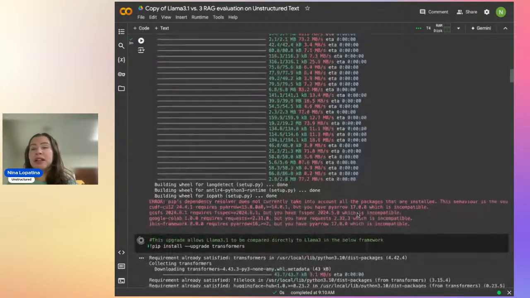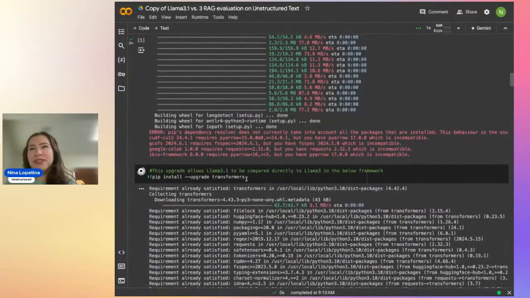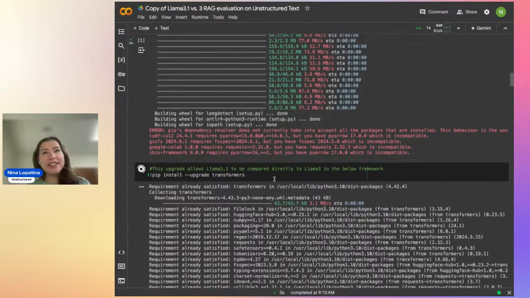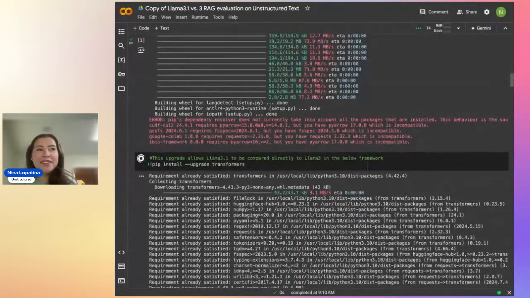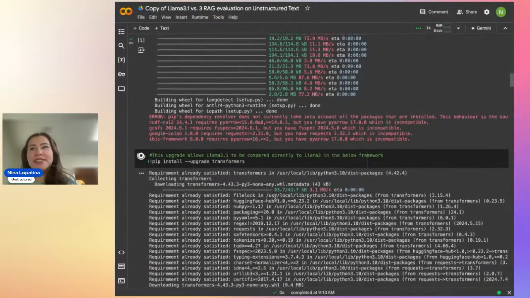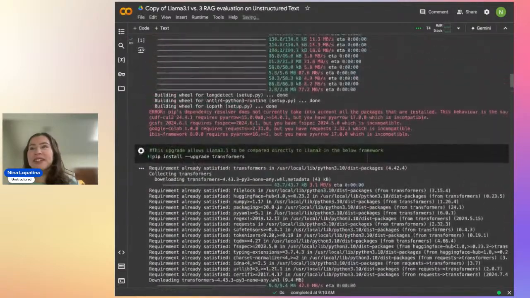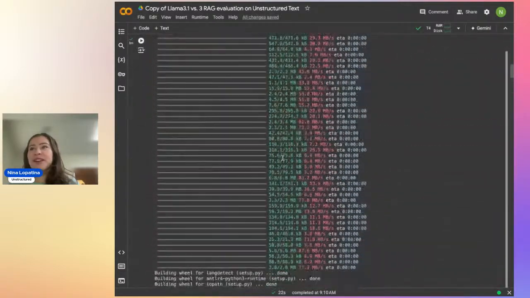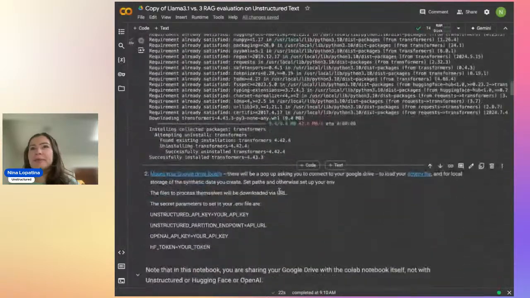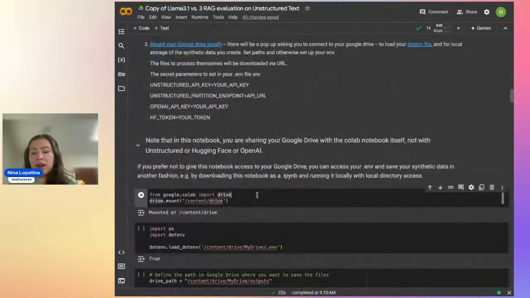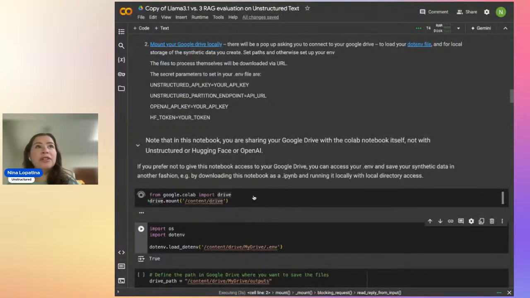So there's all the pip installs. I also have to do this pip install upgrade transformers because the exact framework I had for setting up the RAG system didn't want to work with Llama 3.1 if I didn't do this, even though I did a pip install just earlier. So then, I'm using Google Drive to